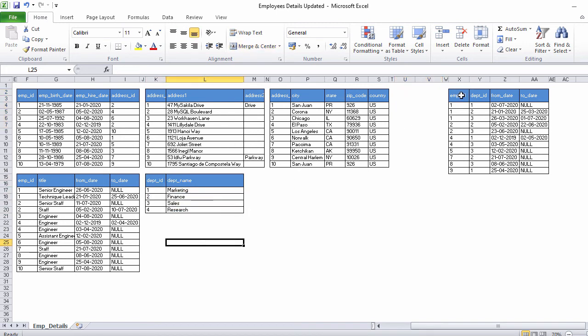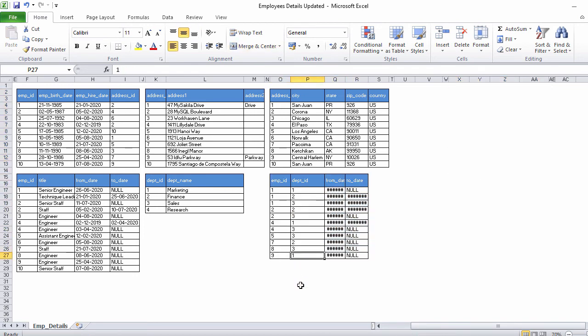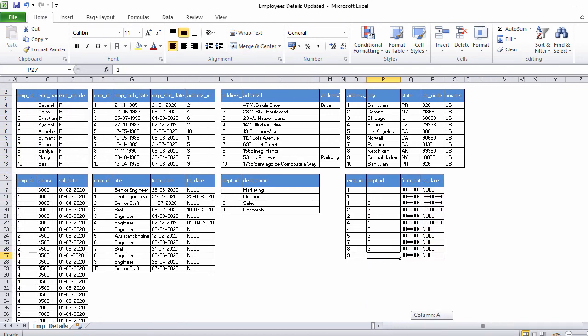In the last step I will take this table, cut it and paste it somewhere here. Now see, my tables are looking good, and they are within one screen, and I don't need to scroll down or up anywhere.